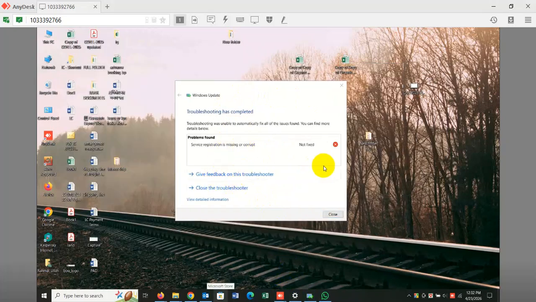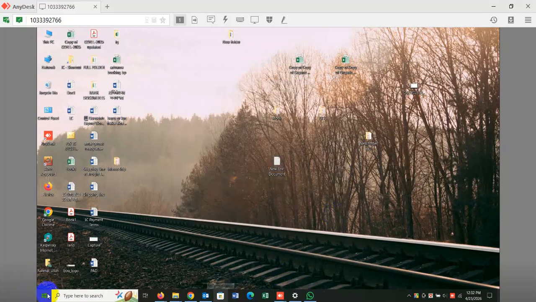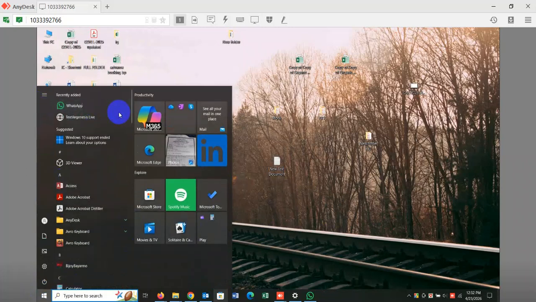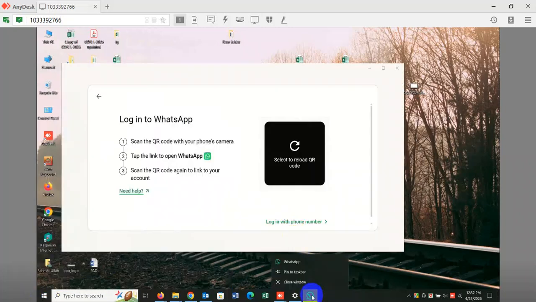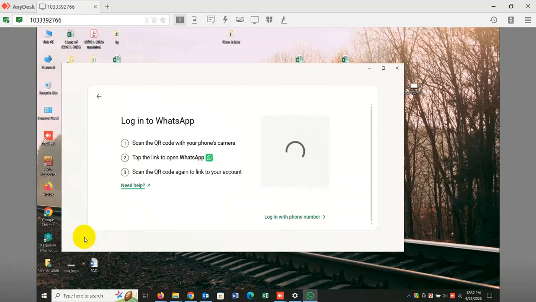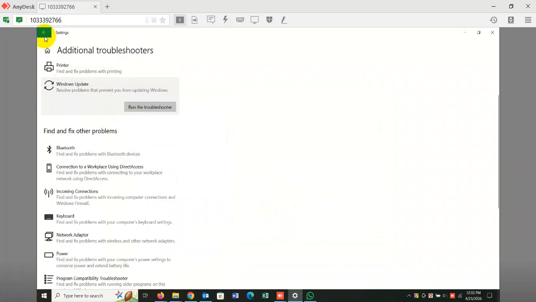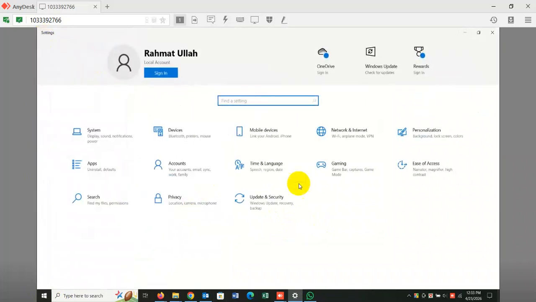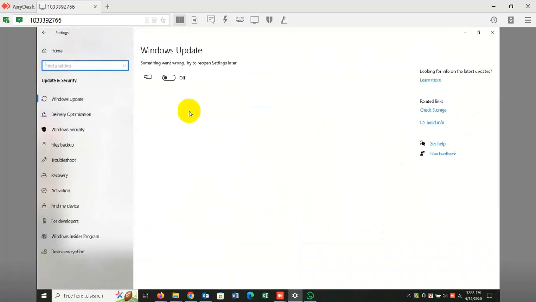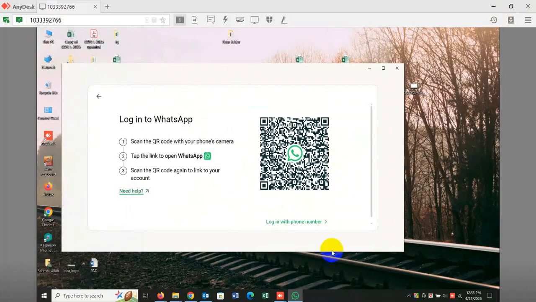I think the troubleshooter shows this is not working, so close it, no need, because my problem is solved in WhatsApp. So the WhatsApp problem is solved, so I am not going deep into the update issues. Just wait and check whether the update issue is solved or not. In the next video we will show how to solve the update issue. Now WhatsApp is